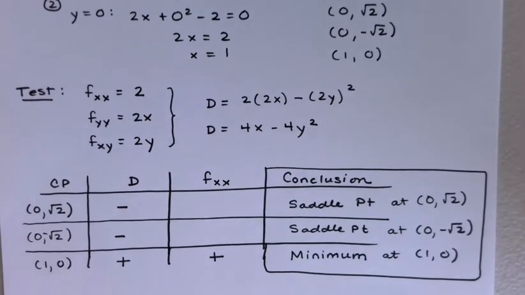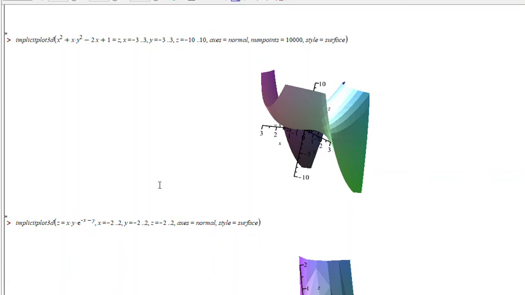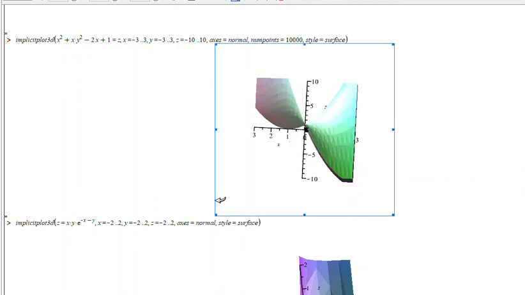All right, so once again, let's take a look at this on Maple, see if we can see these interesting points. All right, so here's the graph, the function that we were working with right here. And we were supposed to have a minimum at 1, 0. There it is, actually right there. There's x equals 1. That's right on the x-axis since y is 0,